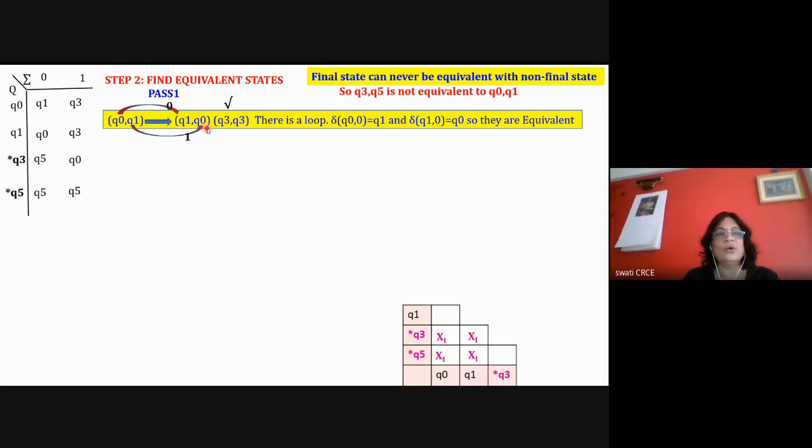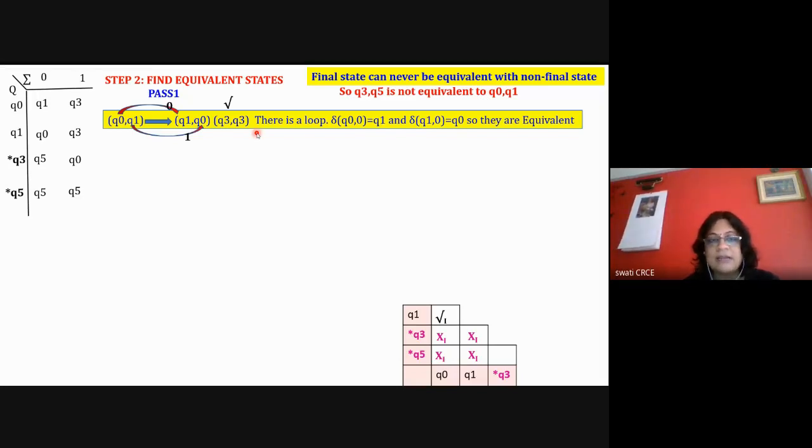Okay, we don't have to put the question mark here to go to the second pass. So I can say that in the past one, because of the loop, they are equivalent. So you need to mention it. Okay, any doubt in this? Such a kind of condition will not be there in each and every problem, but in one of the cases it may occur in your minimization technique. So if there is a loop, it is an equivalence.